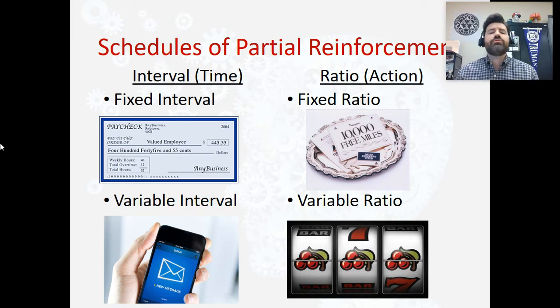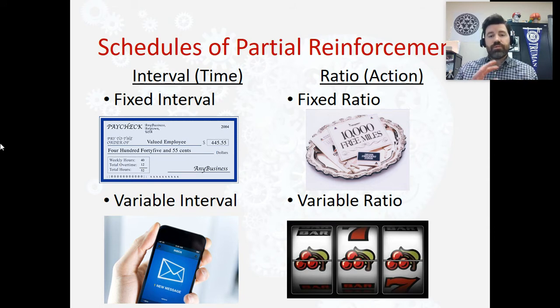Whereas some of you, maybe your job isn't based off how much time, it's based off of a behavior. And so maybe I mow lawns, and my neighbor across the street, I mow their lawn every Saturday, and if I mow it 3 times or 4 times, then they give me $100. They're not going to pay me every single time because they're tired of writing checks or they don't always have cash on them. And so they say, okay, you come mow my lawn 4 times, I'm going to give you $100. You mow it 4 more times, you get another $100. That's based off of a ratio. It's based off of you actually doing something. And it doesn't matter how long it takes you.